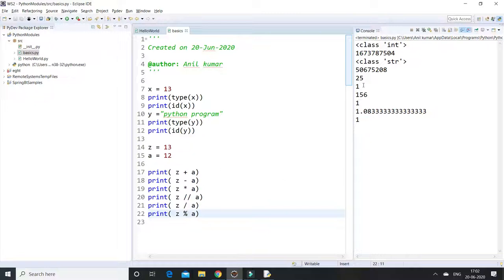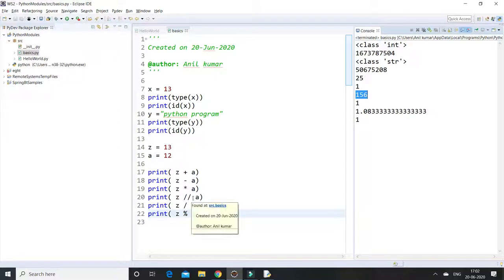See, now it is showing the arithmetic operations: 13 plus 12 is 25, and 13 minus 12 is 1, 13 into 12 is 156, and here 13 by 12 with the double slash means division giving 1. If you give the other division operation, 13 by 12, it will give floating point values.